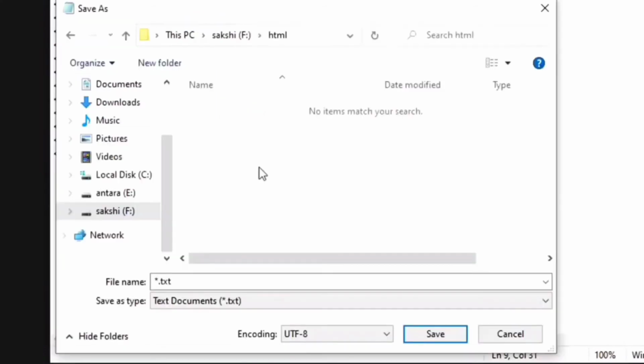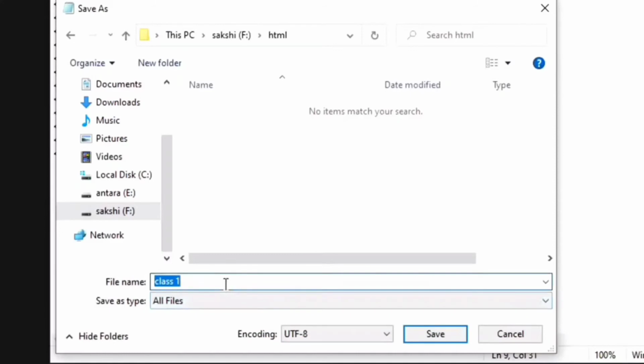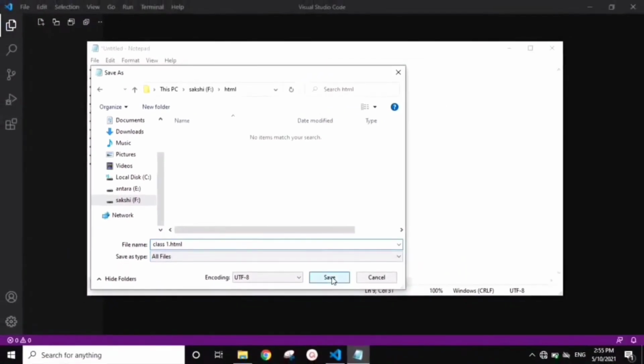Let's save it. It will ask you where you need to save. In the file name, let's say this is class 1, so I'll write class 1. Instead of .txt as my extension, I want this file to be of HTML extension, and then I will save it.